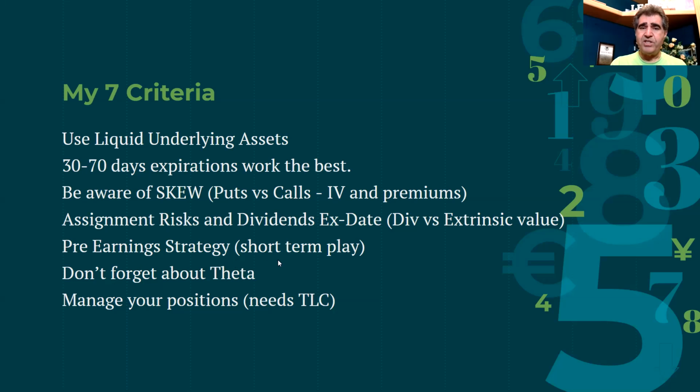Pre-earnings strategy, especially a short-term play, and I mentioned FDA. If there's earnings coming in 2 or 3 days and you don't know which way it will go, this would be a good way of watching. I would go back and look at the past 4 quarters. I would actually go 12 quarters, because I want to see exactly a year ago, my quarter, how did it behave? I want to go 2 years prior to that, 3 years. And if it has been negative and you're concerned about it, then that might be a good position. So watch these earnings